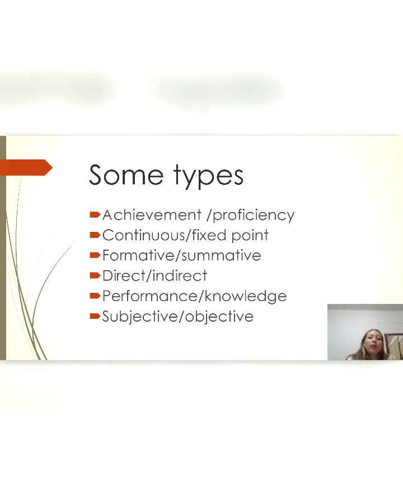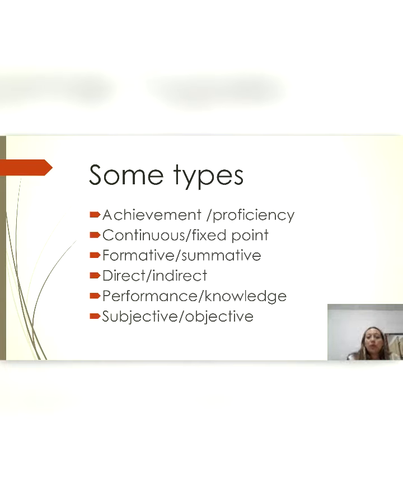According to the Common European Framework of Reference, there are several types of assessment. Here I'm going to talk about some of them. The first group is the achievement or proficiency assessment. The achievement assessment covers the objectives that were established for a course. It assesses what is being taught so far. The proficiency assessment assesses how the knowledge that students acquire can be transferred to other settings, how students can apply in real life what they have learned.